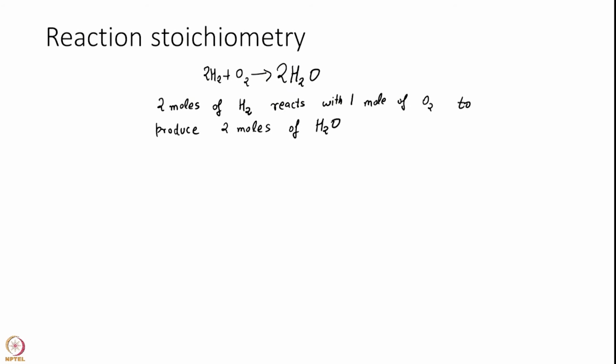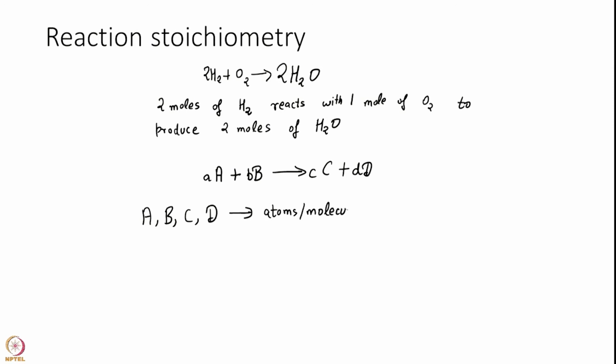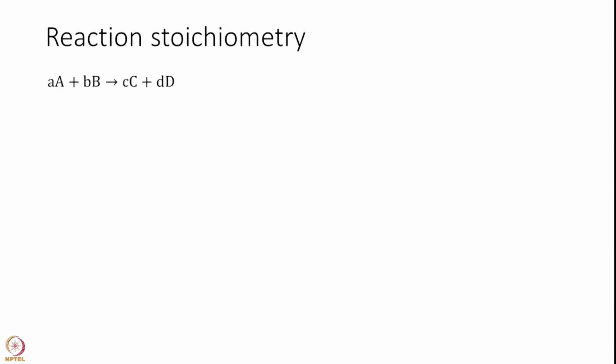Okay. So, in general let me write a reaction that will look like aA plus bB makes cC plus dD, I will make it somewhat more general. Okay. So, the big letters in this course will refer to atoms or molecules. And the small letters in this course will be numbers, typically stoichiometry. Okay. So, I have this stoichiometry.